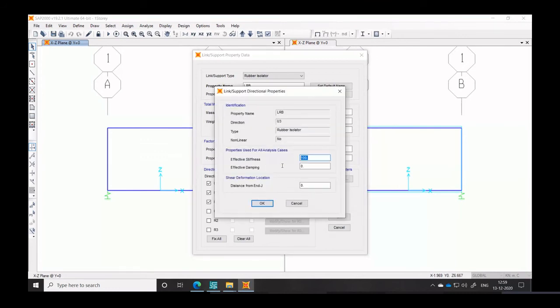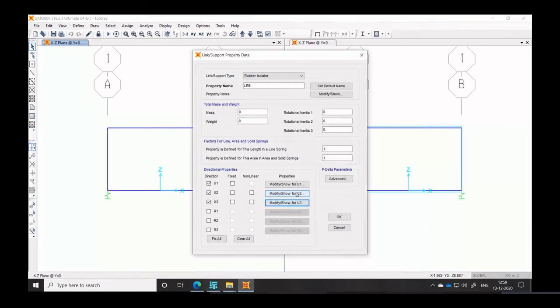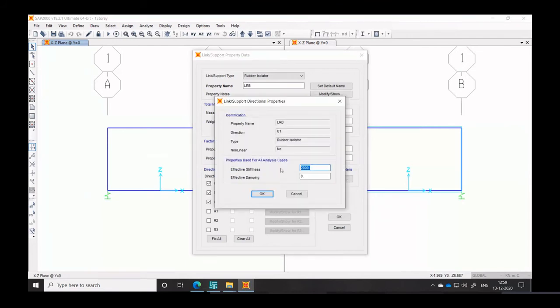The same goes for the U2 and U3 directions; if it's a symmetric isolator, it would have the same stiffness. When I change U2 and U3, remember the vertical stiffness would also change, so I have to change that accordingly. I will again multiply it by 20 times. This is just an approximate estimate. If I multiply by 20, 20 times 5 would be 100.